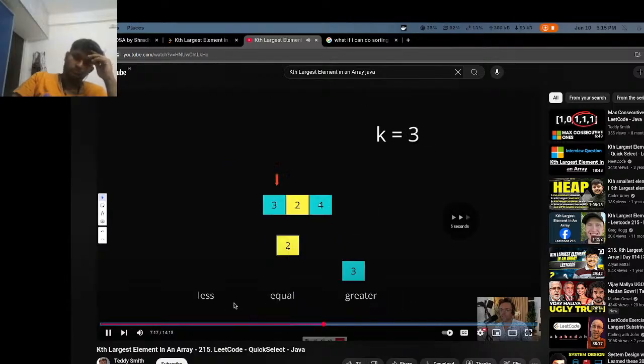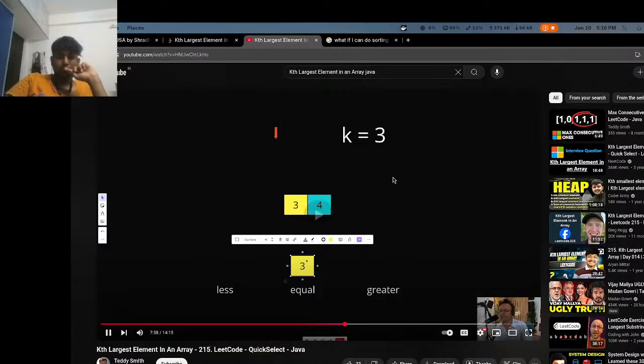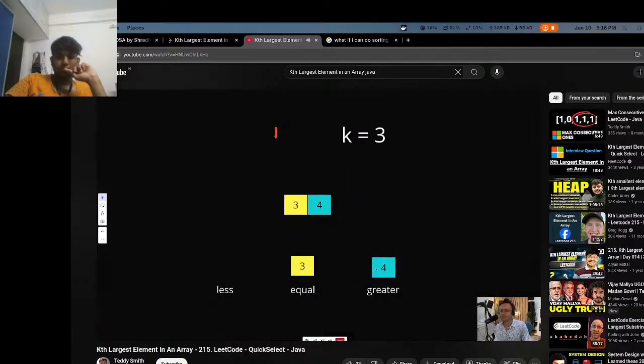We can go ahead and, equal to, so we're going to place it in the equal. 4 is greater. We still haven't found